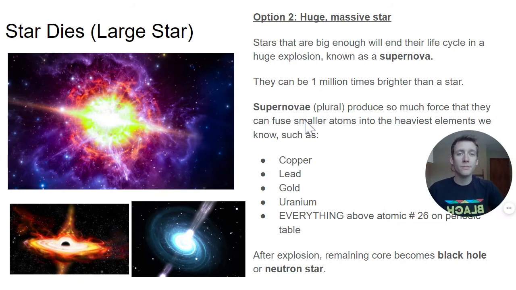So not only are the light elements from the periodic table made in a star through nuclear fusion, but the heavy elements are also made in stars through these supernovae. So really, everything in the universe, besides hydrogen and helium, which is left over from the Big Bang, all of that stuff was made in stars. We are made of stardust. Not joking. All of those elements are made in stars, whether it's nuclear fusion or a supernova.